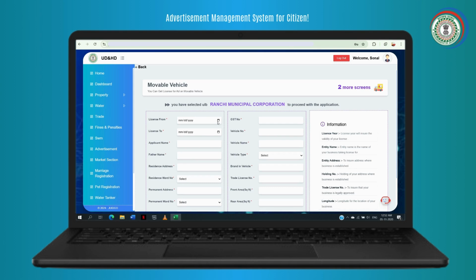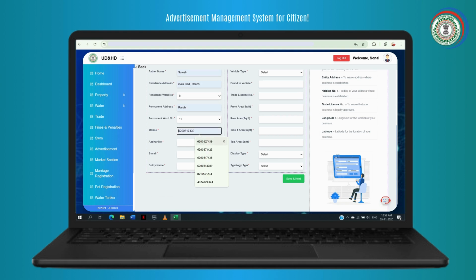The user must fill in all the required details in the registration form, including license from date, license to date, applicant name, father's name, residence address, residence ward number, permanent address, permanent ward number, mobile number, Aadhaar number, email, entity name,